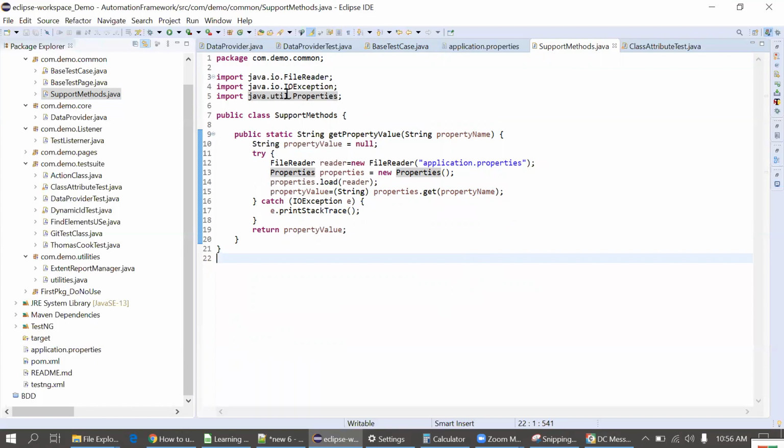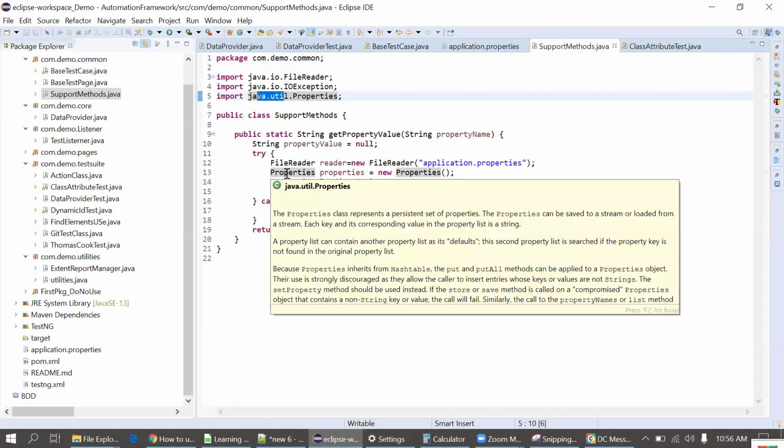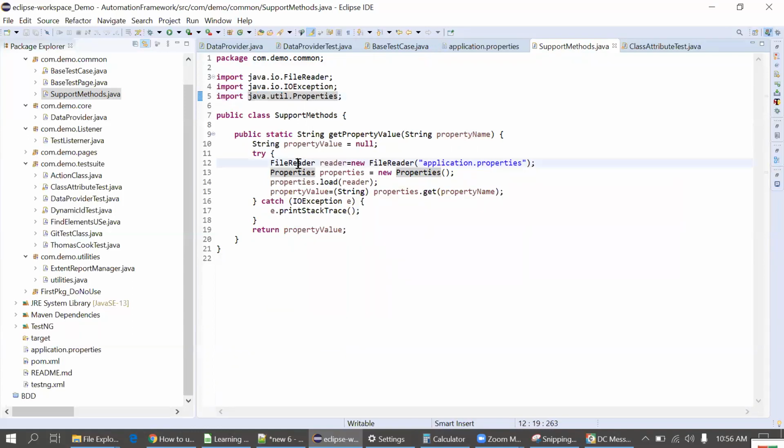It's in the util package. This is again inbuilt in Java. It's an inbuilt class, so you don't have to worry about this part. File reader, properties. For this class you don't have to worry. I have not created that. You just created the application properties file.